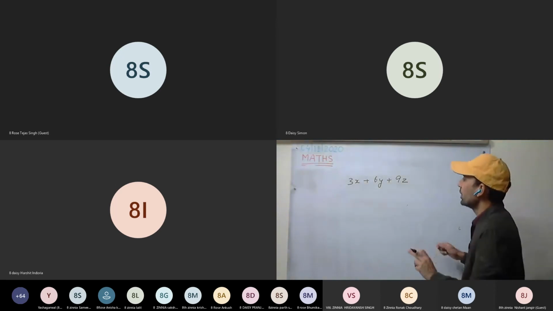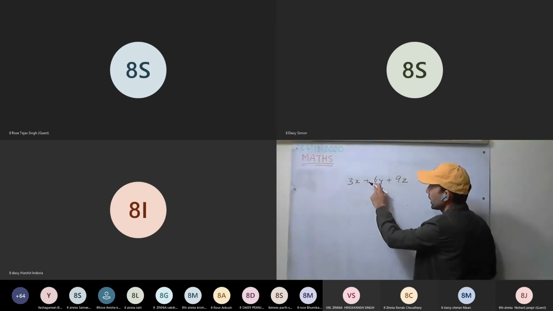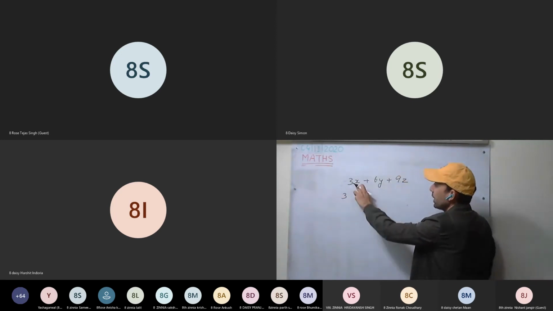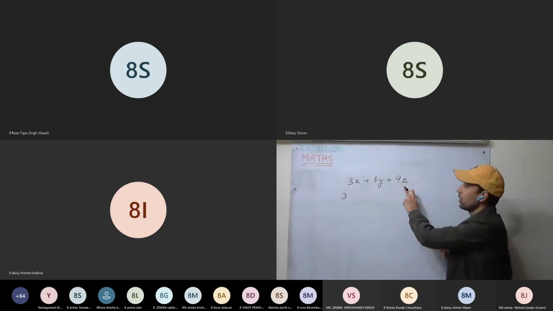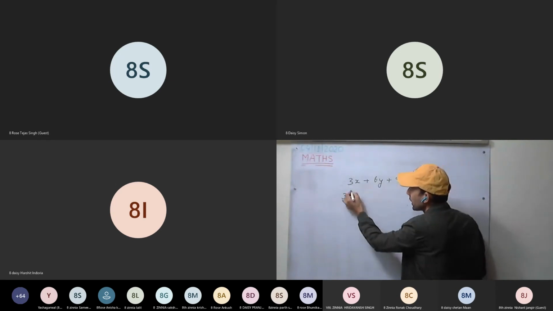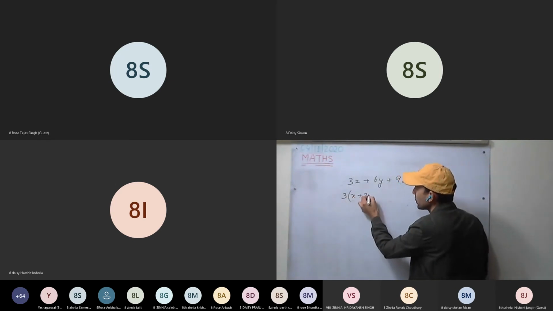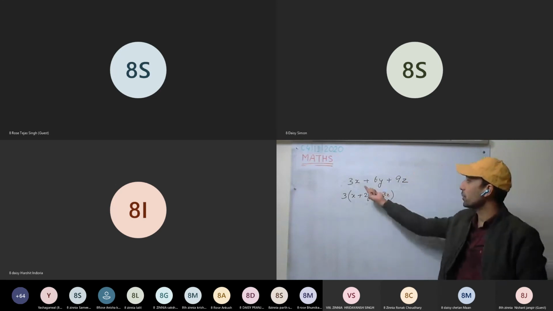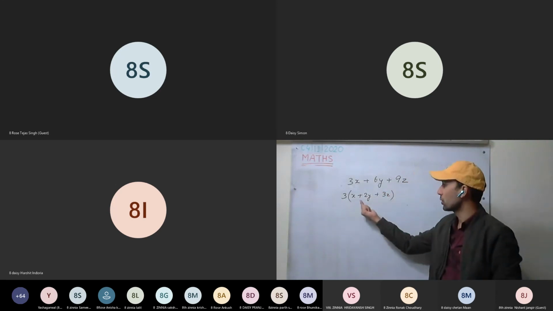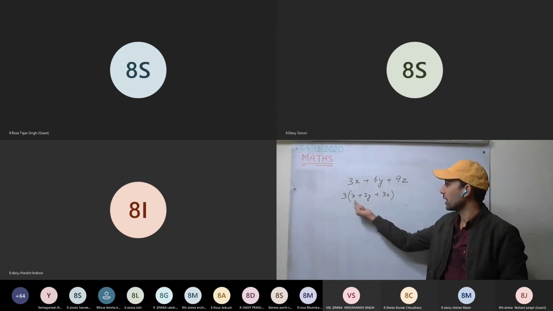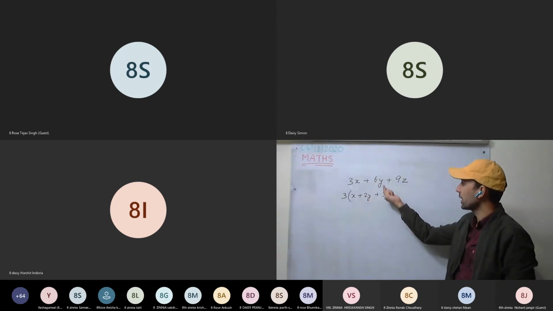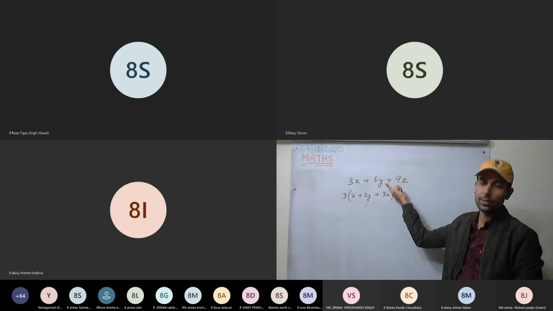Yes. So see here. First, take the constants. What will be the highest common factor? 3. So we can write 3. Any common factor among the variables? No common factor, so we leave as such. It will be x plus 2y plus 3z. So we have expressed this expression as a product of two expressions. These are the factors. 3 is a factor of this expression, and x plus 2y plus 3z is a factor of this expression.